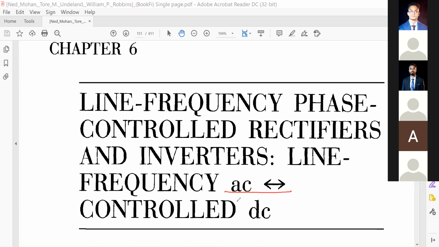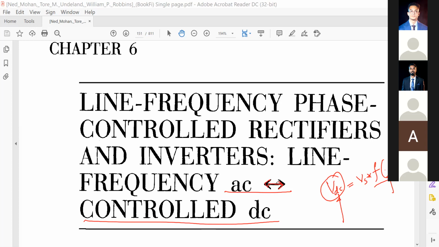Your AC control DC. Output will be controlled. VDC will be VS, of course, and then a function of some parameters. Those parameters can be controlled so that the VDC can be controlled. We will learn this. But the very interesting thing is that look here, the arrowhead has